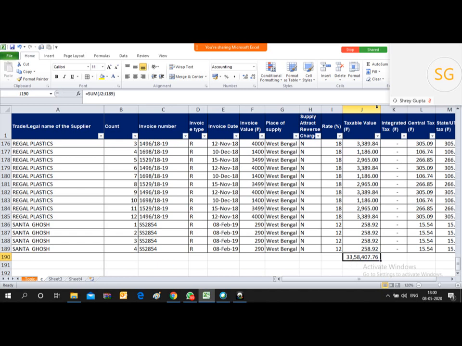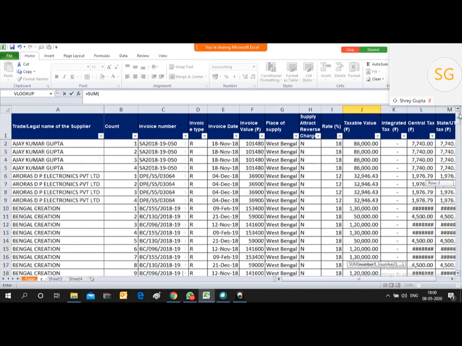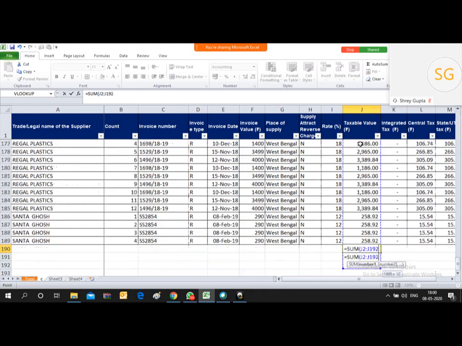So this is one method where you type the formula sum and then select the first cell from where the values begin, come down to the last cell just before the formula cell, close the bracket and press enter.